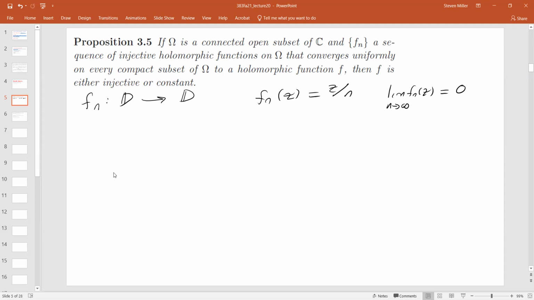Good. So we could do Fn of Z is Z plus 1 over n. Now, will that work? Not if we're mapping D to D. I'm sorry? We have some range issues. How can we fix the range issues? You just blow things up. So let's do Fn of Z is maybe Z plus 1 over n